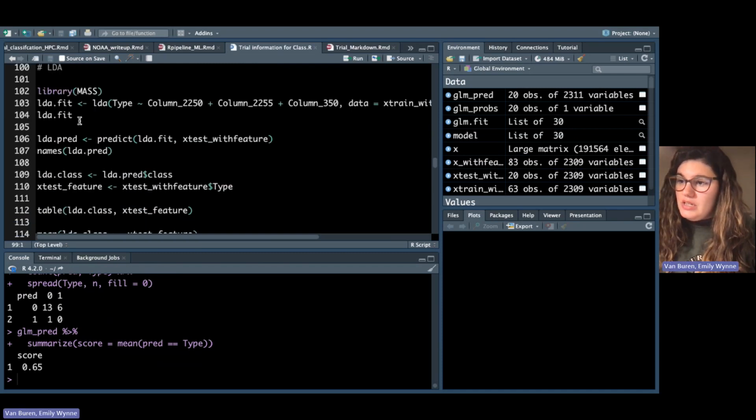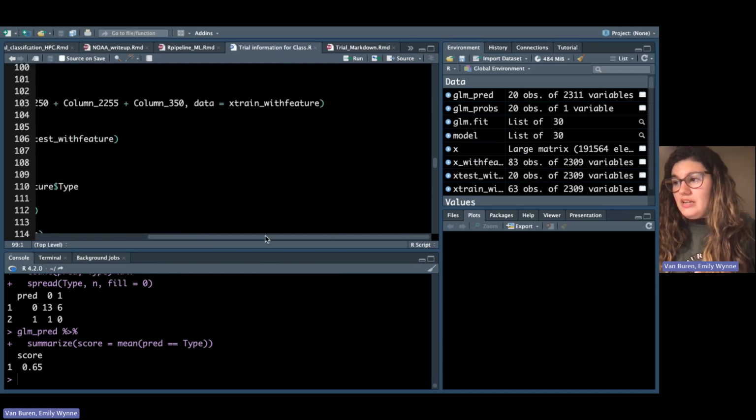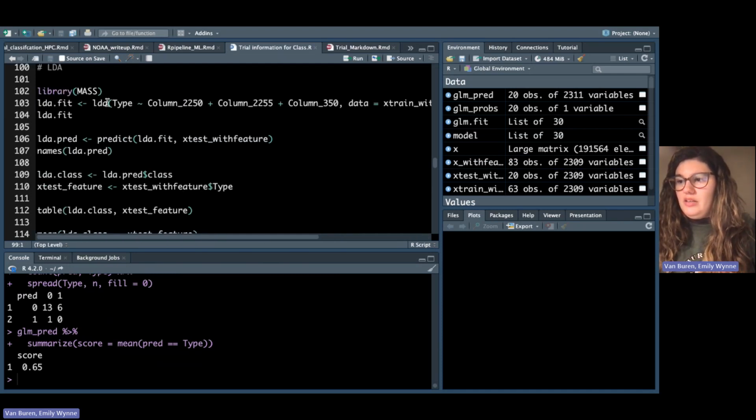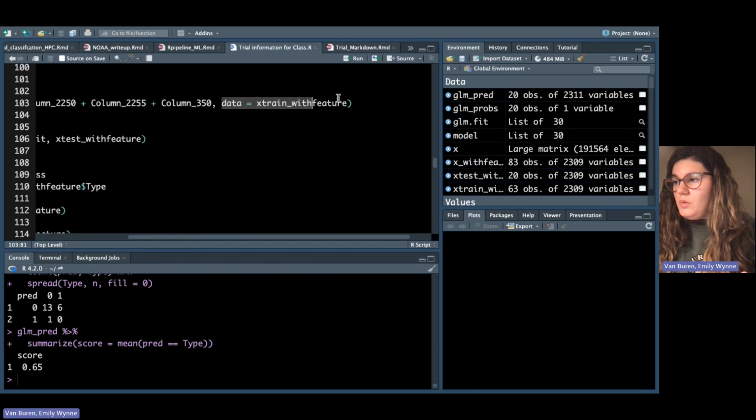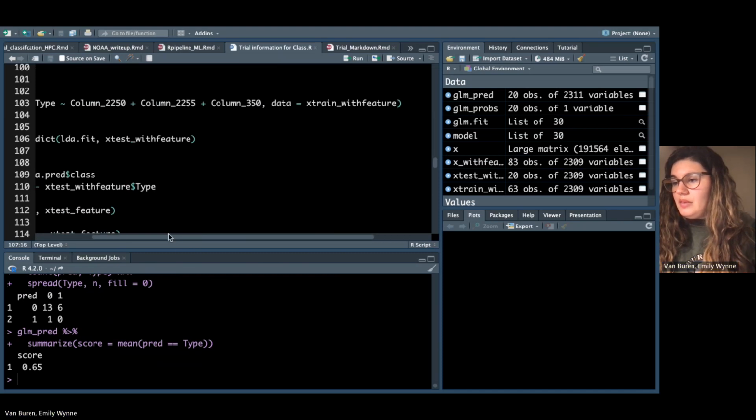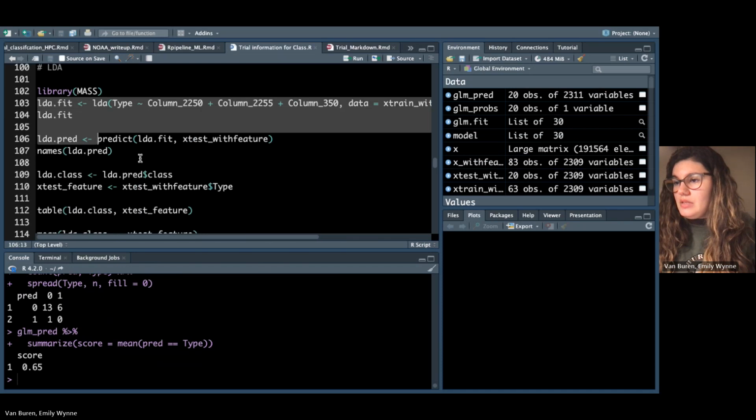Okay, so the next one is the linear discriminant analysis, and it has a very similar nomenclature associated with it. Instead of the GLM, we're going to use an LDA. Similar thing: what are you testing for? What's your feature you're testing for? What are the samples that you're training it with? What's the data itself that we're training with? So let's run it